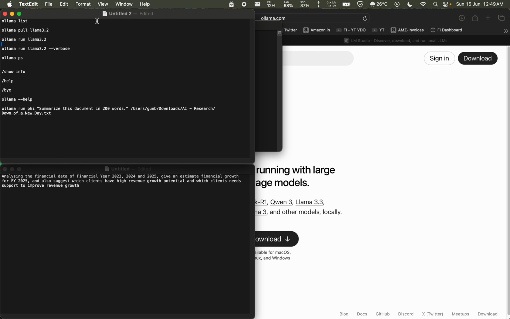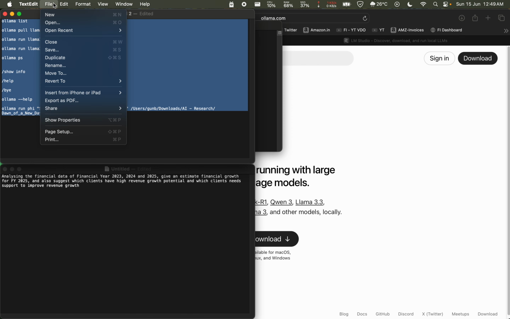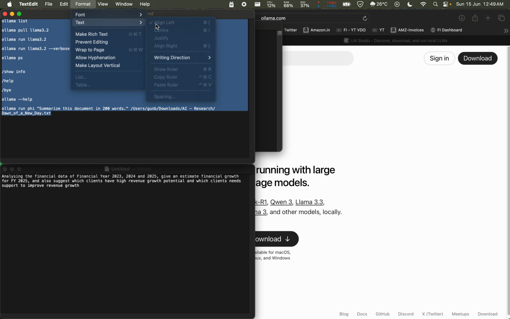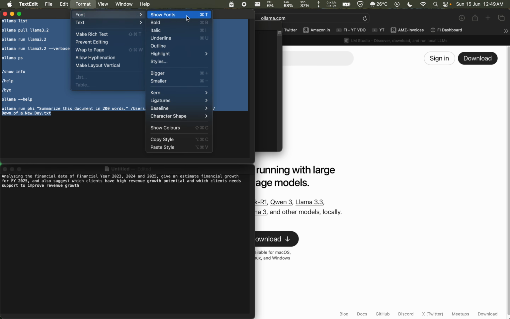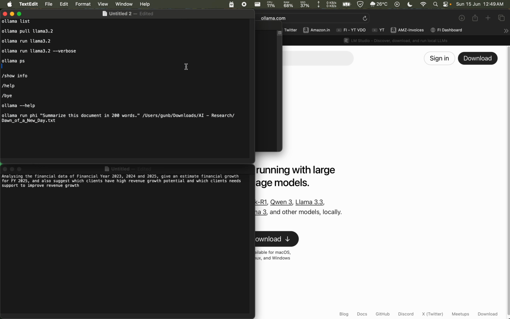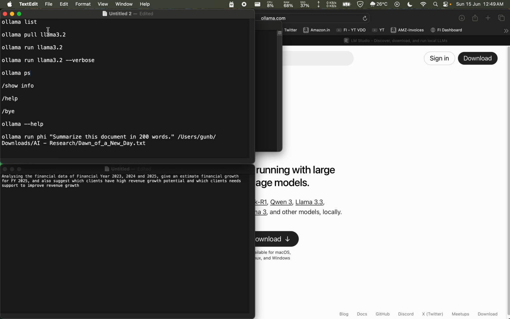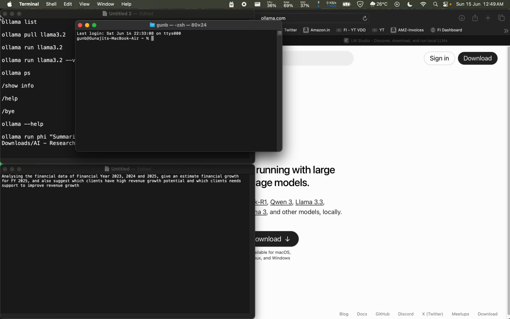I'll try to show you a bigger screen. Let me try to increase the font size. Yeah, I can increase the font size. So, ollama list. I already have Ollama installed. So I just copy and paste the command, then enter. Yeah, ollama list is showing one model, and the version that I have is